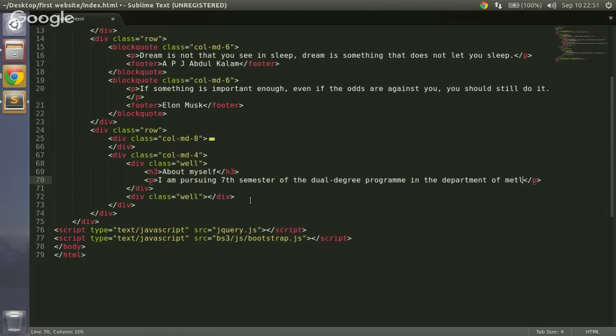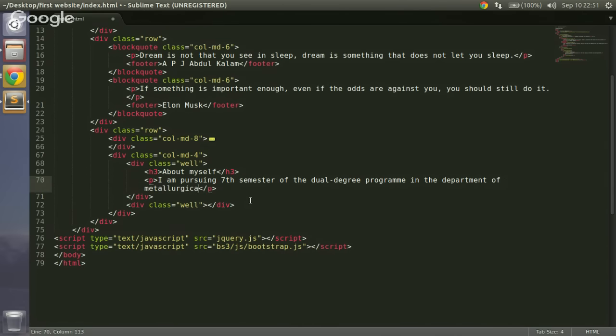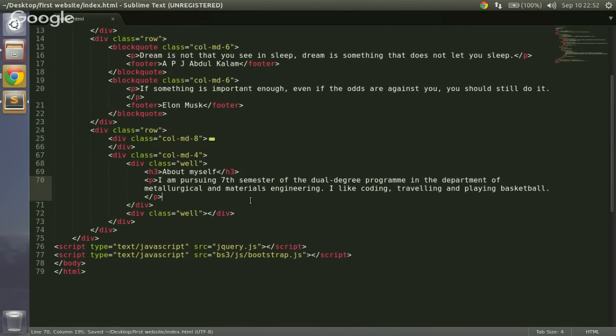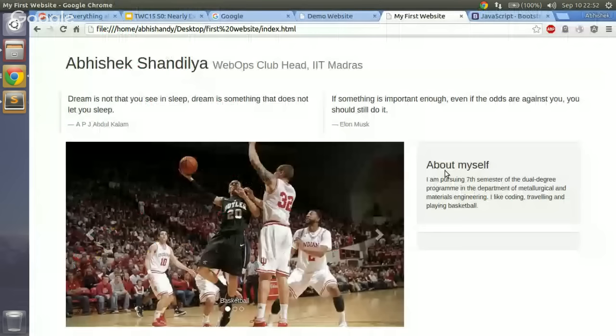Metallurgical and materials. I'm from fourth year. I like coding, traveling, and playing basketball. And you can see the first well is ready with the heading about myself and a paragraph telling something about